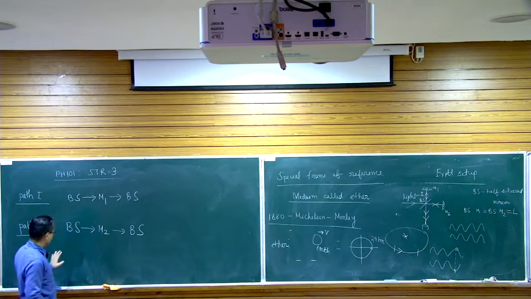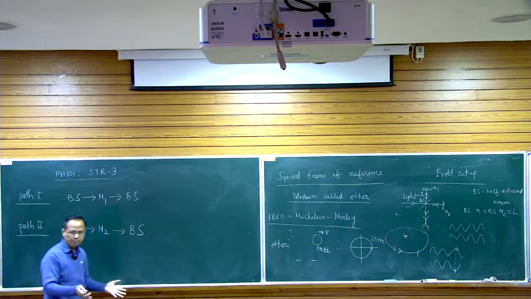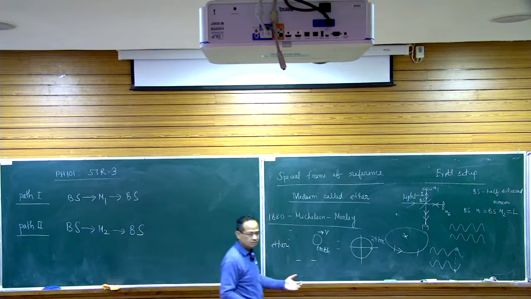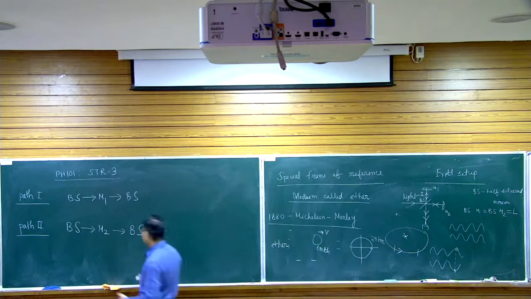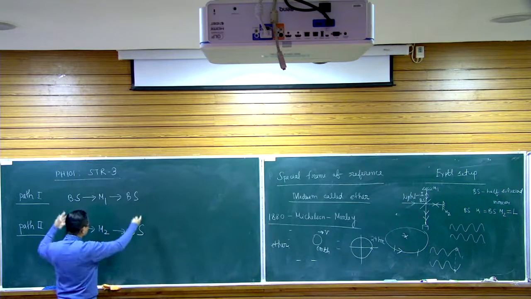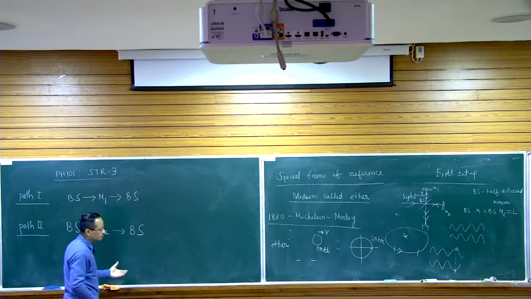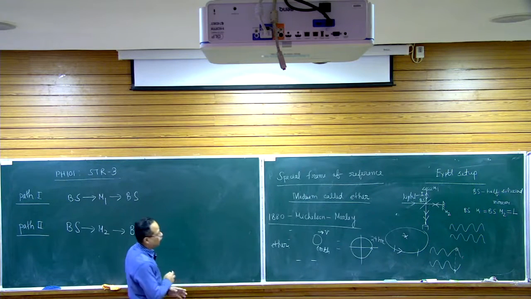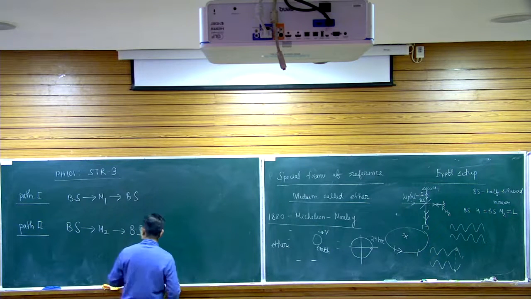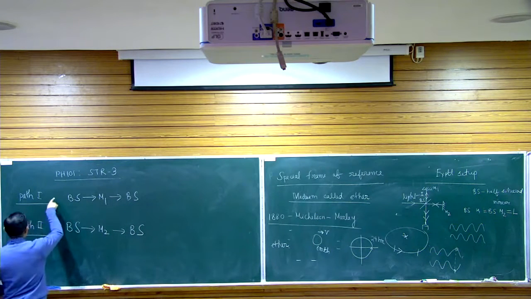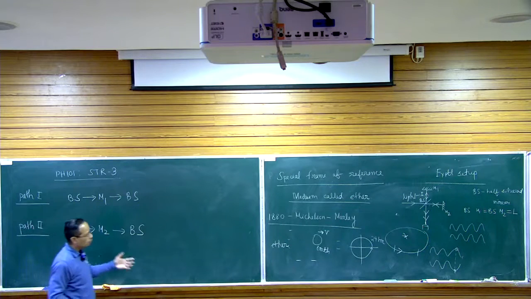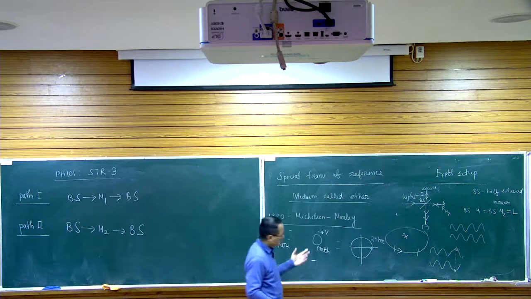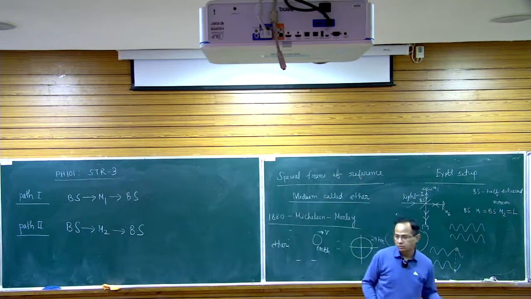So these two times, the time taken along the two paths, if the time taken is the same, then there will not be any phase difference, because if the time taken by light to travel a certain distance is different, then it will lead to a phase difference. And if there is no time difference, there will not be any phase difference. So we need to see whether the time taken along path 1 and path 2 are different or not. And then we'll also realize how this experiment can establish the presence or absence of the ether medium.